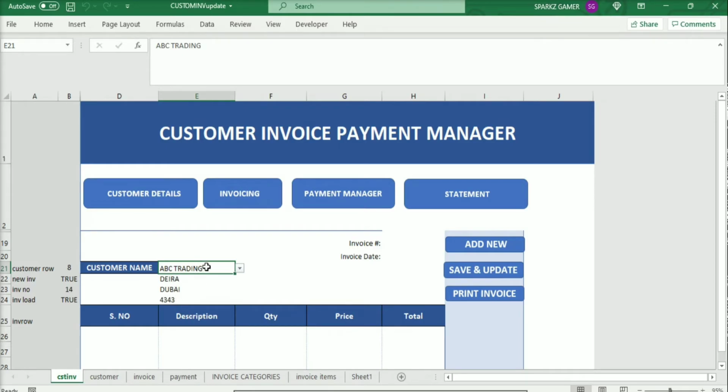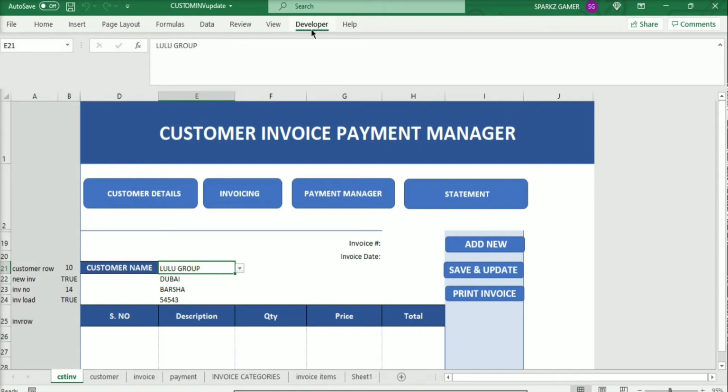We have used the drop down list which I explained in the previous video. We have a customer sheet, that is sheet 2, named customer, where we have saved all the customers.